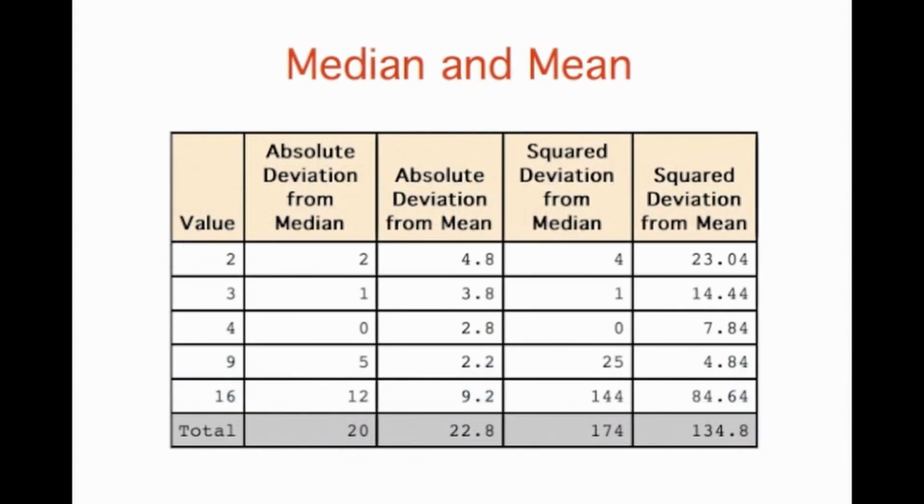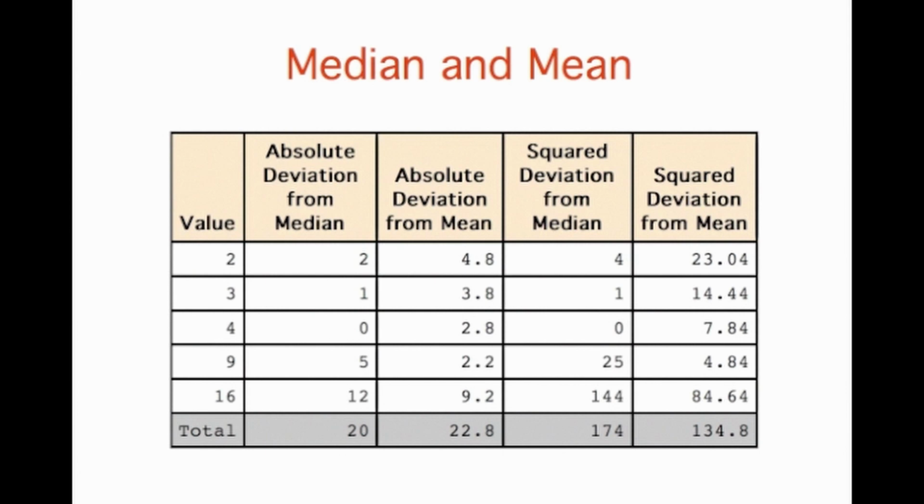Here we compare the mean and median for this small set of data. The median is 4.0 and the mean is 6.8. Looking at the first row, the absolute difference between the value 2 and the median of 4 is 2. The absolute difference between 2 and the mean of 6.8 is 4.8. Squaring these values, we find that the squared deviation from the median is 4 and the squared deviation from the